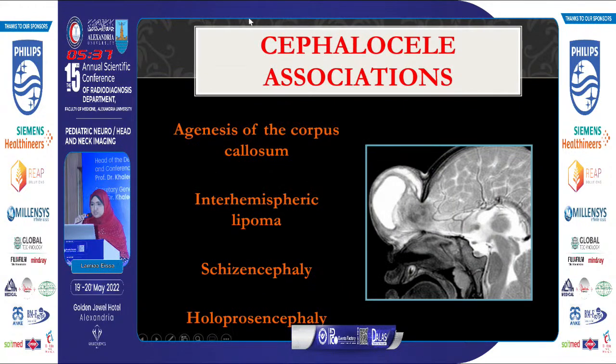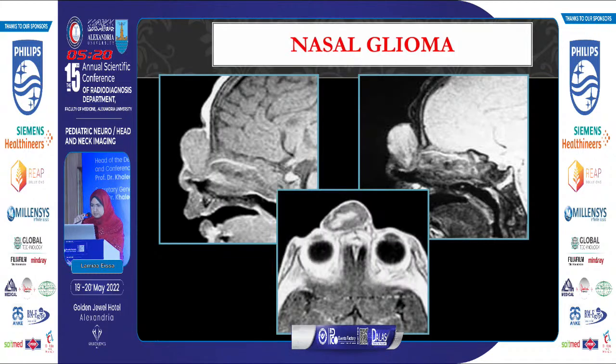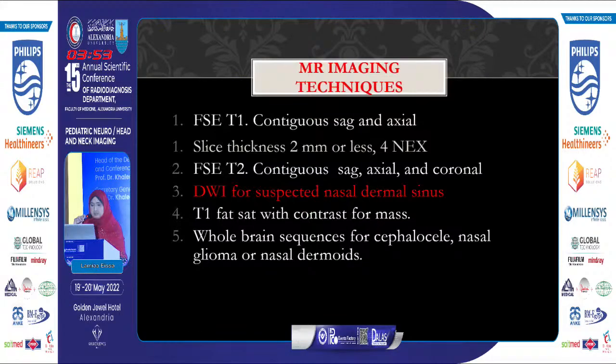The cephalocele associations also have to be looked for by MRI, so MRI must be taken in every case. These include agenesis of the corpus callosum, interhemispheric lipoma, schizencephaly, and holoprosencephaly. The third of the anterior neuropore anomalies is nasal glioma, and it was discussed yesterday. An important thing in MR imaging of the anterior neuropore is that we have to take into consideration adjusting the imaging technique. Fat lesion of the